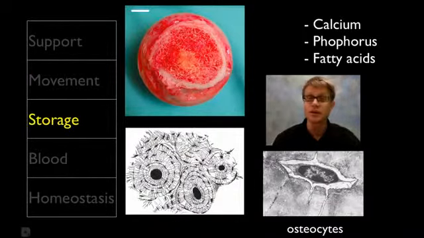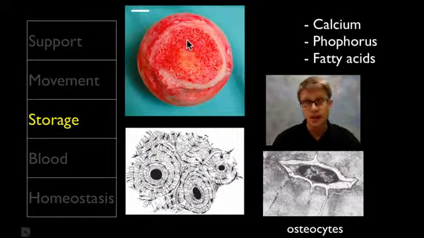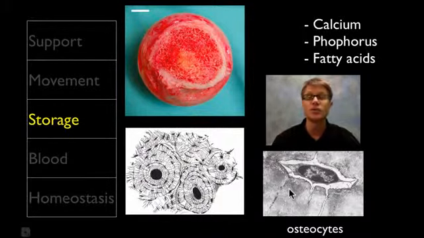Now the bones do other things as well. They're going to be a site of storage, and so it's a living organ. If you look inside here, you can see how alive it is. This is actually a diagram of it. What you'll have are these haversian canals that go through the middle, and that allows blood to flow through it. But then you're going to have these osteocytes, which are these cells. This is a zoomed in version of it. They almost look like a star. And those are laying down new amounts of